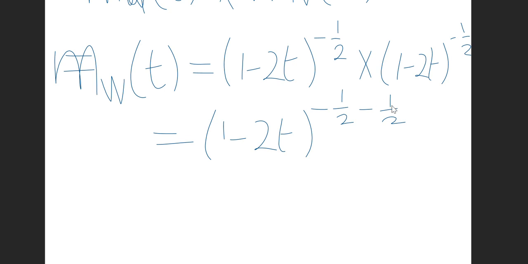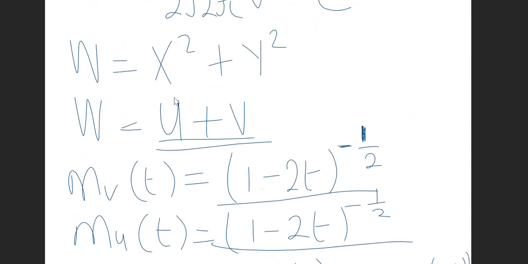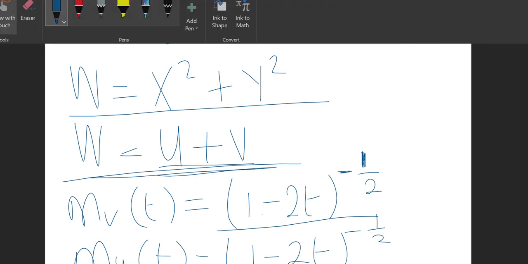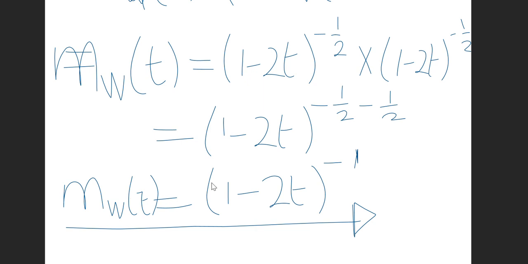So this will be (1 - 2t)^(-1). This is the moment generating function of the random variable W at t. So if this random variable W has a moment generating function looking like this,